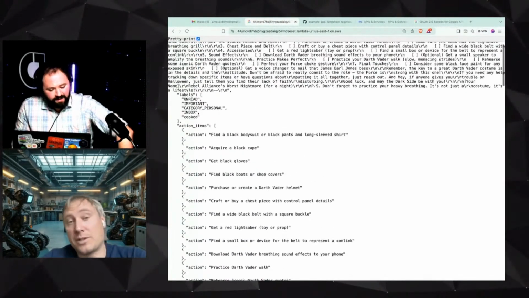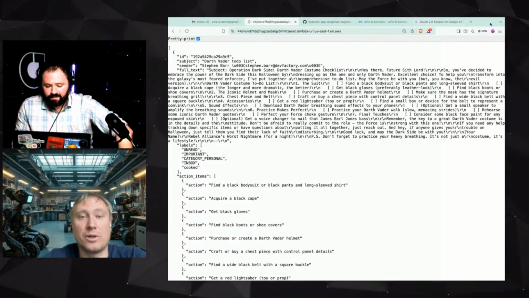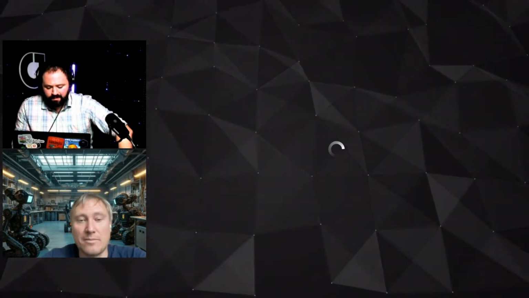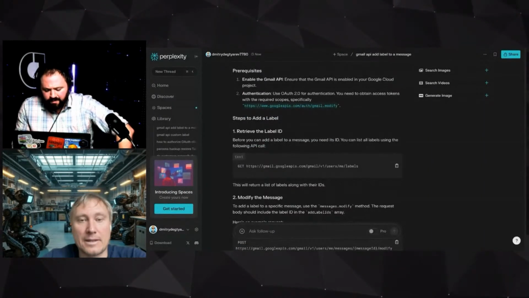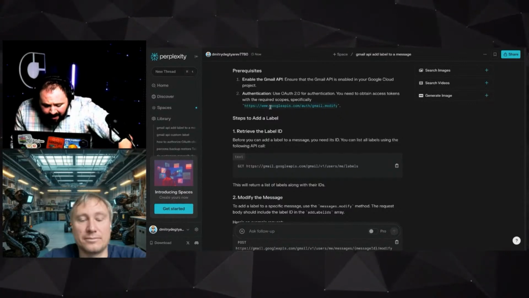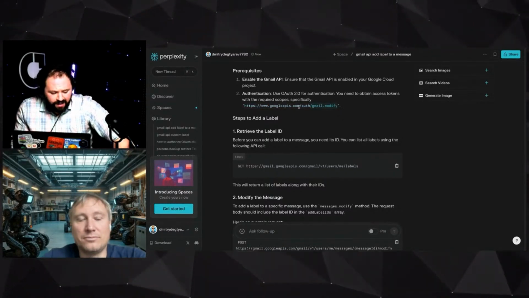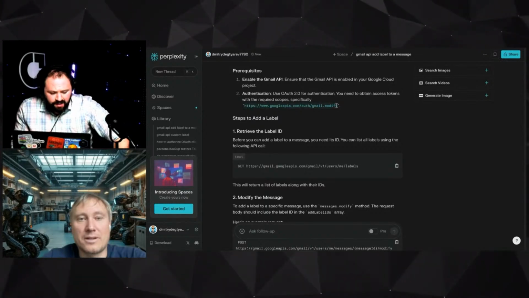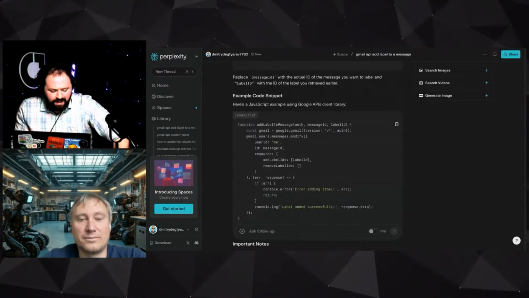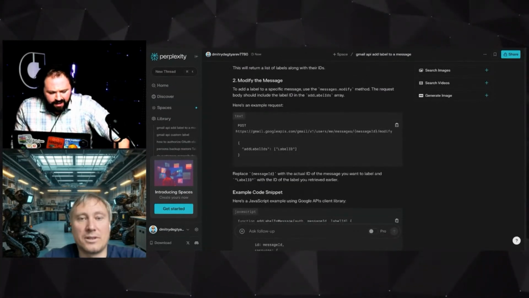This is good. Perplexity says to ask the Gmail API to add a label to a message. And it says you will need Gmail modify, messages.modify. Okay. So if I add that to the scope, I think I have to go to... Okay, this is in the credentials. No, this is in the application. It's in the OAuth consent screen, I think. If I edit the app